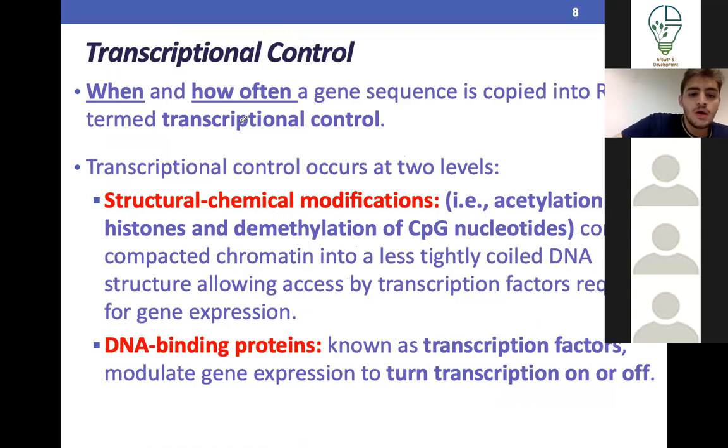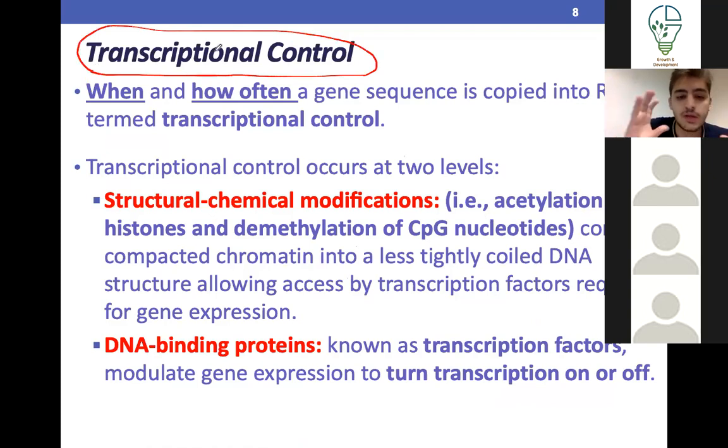All right. So the first example of epigenetic inheritance is transcriptional control, which means controlling the phenotype on a transcriptional level. And you control phenotype on a transcriptional level in two ways. First of all, you acetylate the histone and demethylate the DNA. I don't want you to say that you acetylate the DNA and methylate the histone. It's completely different. So you acetylate the histone, demethylate the DNA, and this will cause the expression of that gene.